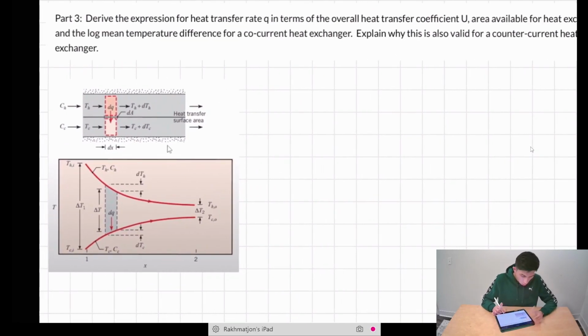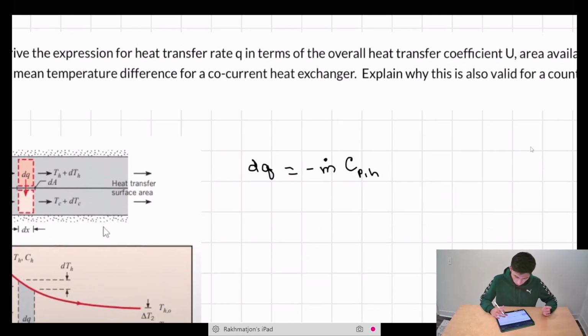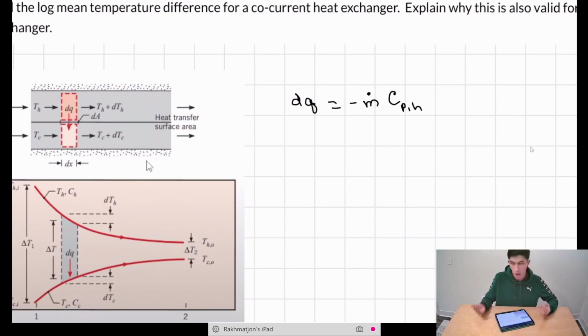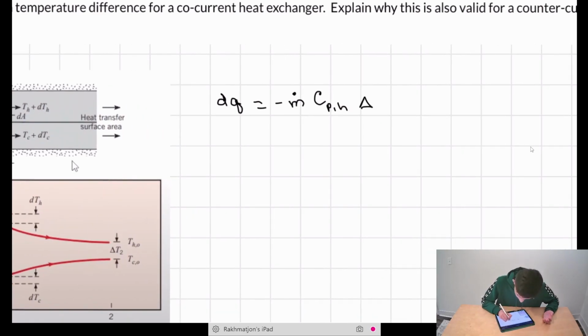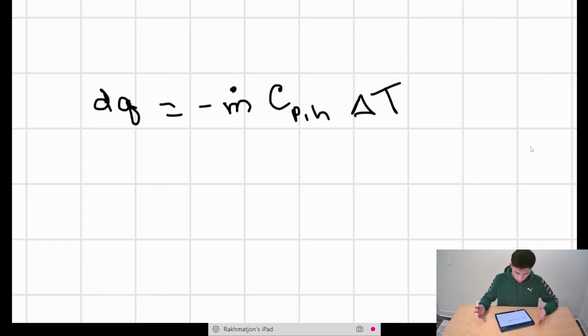Okay. So to start our problem, we can write down the expressions for dQ. That's going to be equal to negative m, the mass flow rate, times CPH, which is the heat capacity for the hot liquid, so it's going to be like hot water, times the delta T. Why we have a negative sign here is because the temperature is going to decrease, so negative times negative is going to be positive. Because dQ is associated with the heat being transferred from the hot to the cold stream, that's going to become the positive